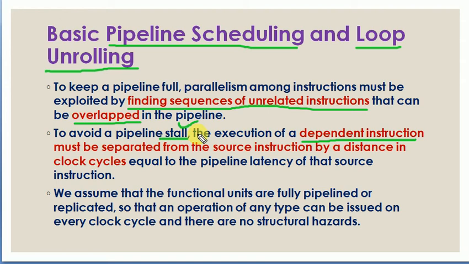So as we try to execute unrelated instructions, similarly we need to find the dependent instructions, and these instructions must be separated from the source instructions so that they will not affect one another. They are to be separated by keeping a distance in the number of clock cycles. So if a dependent instruction is to be executed next, that instruction has to be delayed for some more clock cycles,